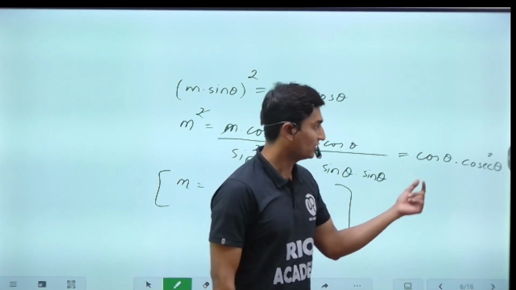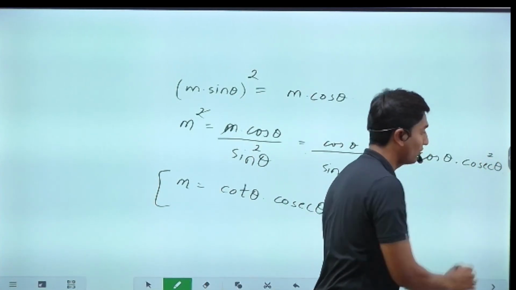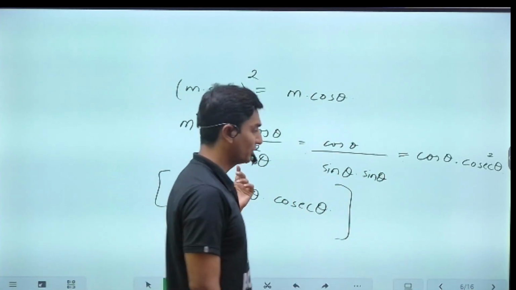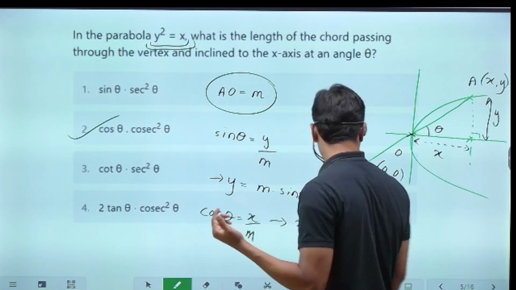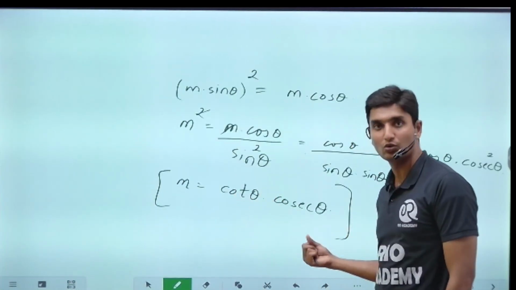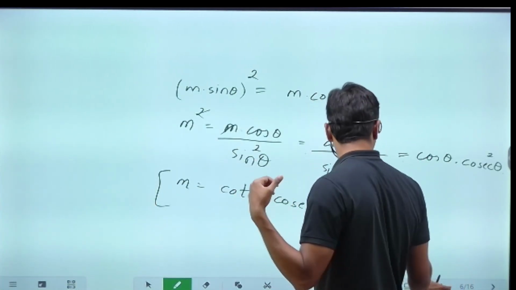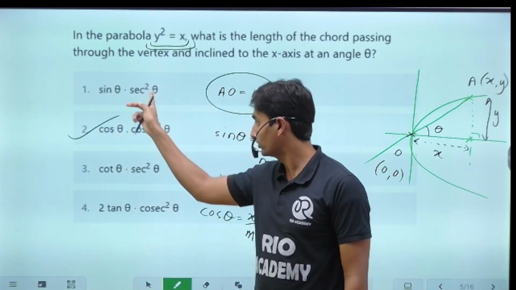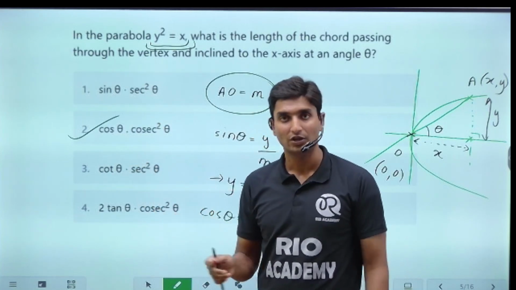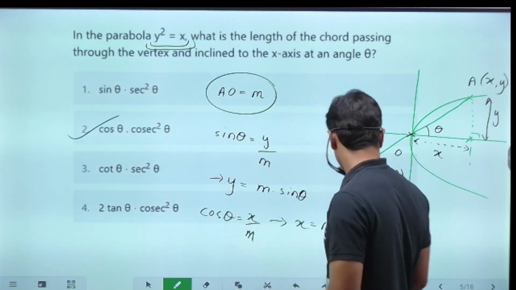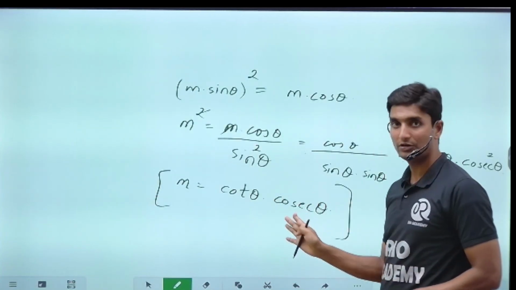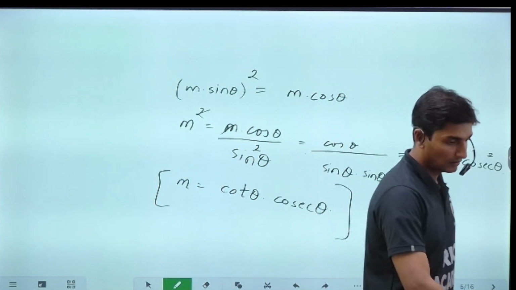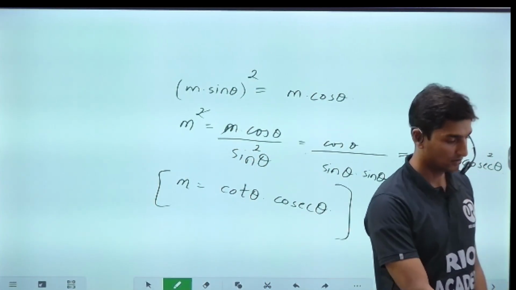So cos theta into cosecant square theta, that will also be the value of the m that we are looking for. It depends on your options, guys. In your options, they haven't given us the value on cot into cosecant basis. They have given it on a square basis. So cos theta into cosecant square, which is nothing but option number B. We have taken that on a square basis. You can also take your answer to be cot into cosecant. They are both one and the same only. I hope it is clear, guys. If you got doubts, please ask.